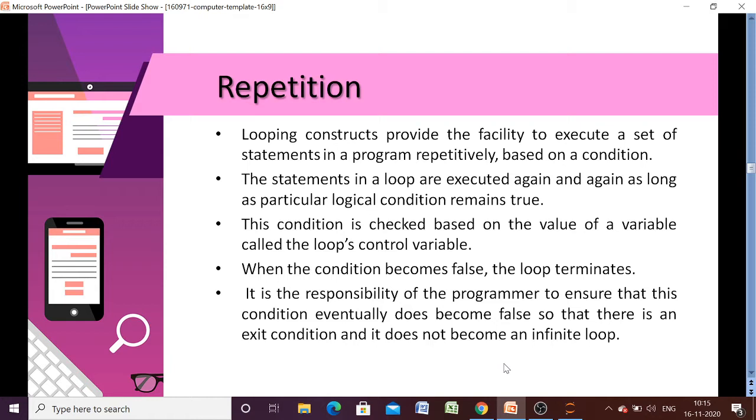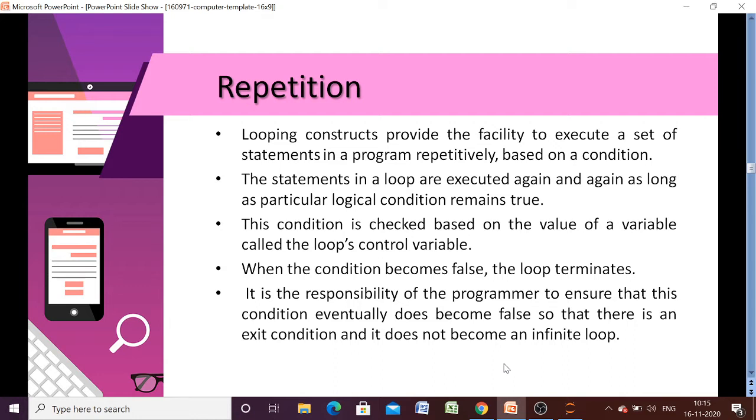Now this repetition will also depend upon a certain condition. The statements will execute again and again as long as our condition remains true, and if the condition becomes false, then the loop terminates. So we have to be very careful about what we write in the condition so that our loop terminates at a certain point of time.